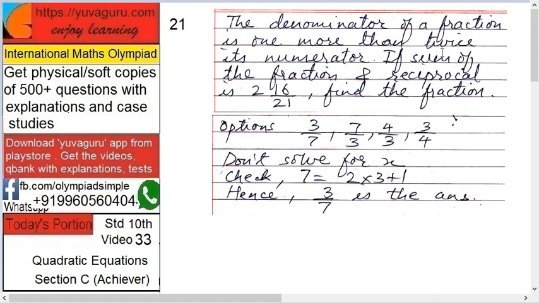You need not even check the second condition. If the sum of the fraction and reciprocal is this, you need not do it. Even once you get the answer, for your confirmation you can try it. Take the fraction and the reciprocal, add them, and you will get the same answer. But in exam,